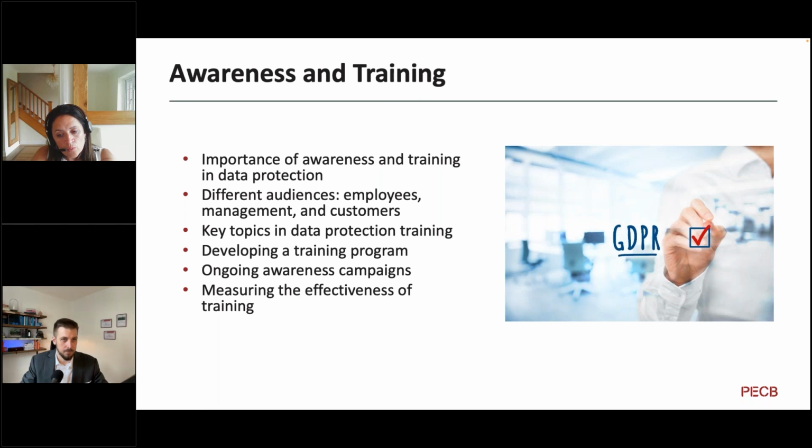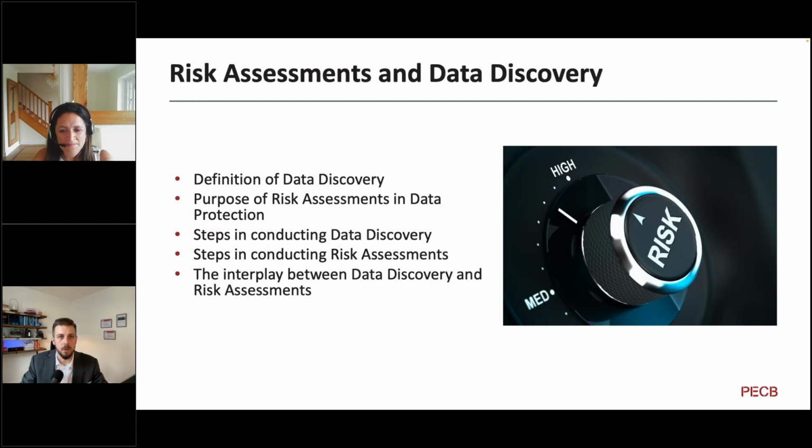We need to think about how we put these practices into place and how we measure the effectiveness of that, whether that be by reporting on how many incidents or breaches you might have, or reporting on the types of data you're collecting, the volume. It's really about making sure that we can measure the success of our compliance. Okay. All right. Over to Mike.